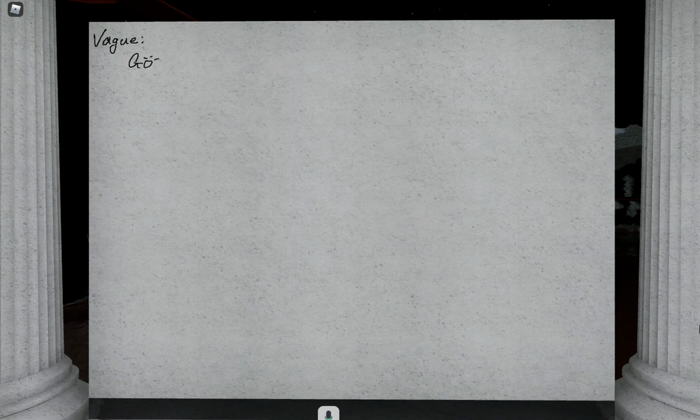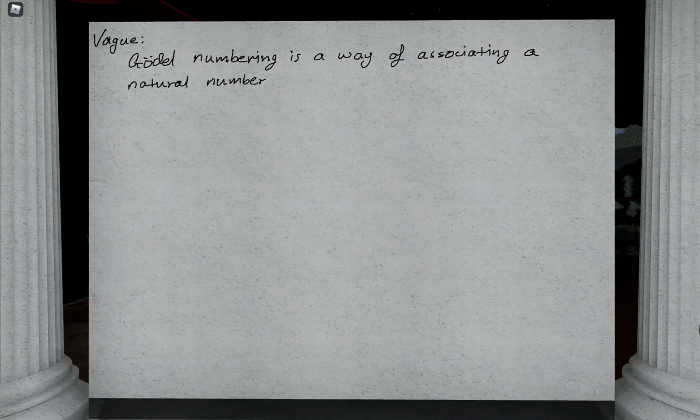So Gödel numbering is a way of associating a natural number to each formula inside Q. Gödel numbering is a particular way of doing this.